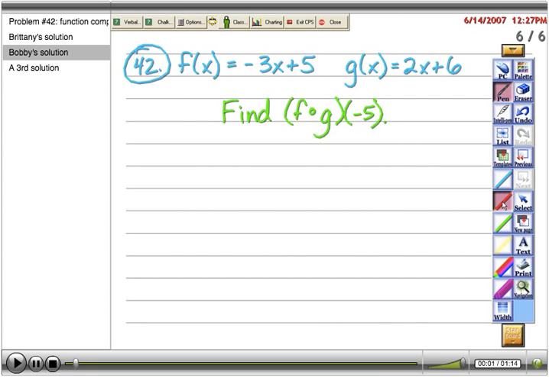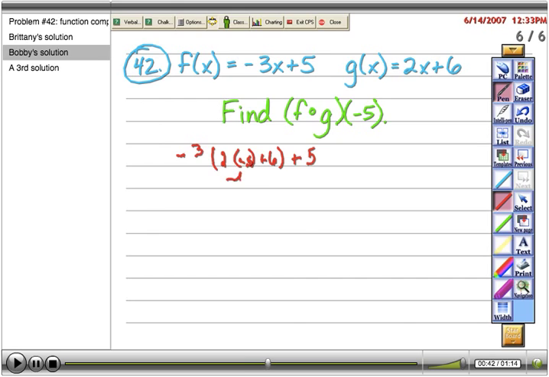Okay, to find f of g of x, you take the first equation, which is negative 3, and then x is the number in parentheses, and then plus 5. And then, since it's f of g of x, you have to plug the g of x into the parentheses. Then x would be like the number again. And then since x is negative 5, plug in negative 5 into that, as for x,